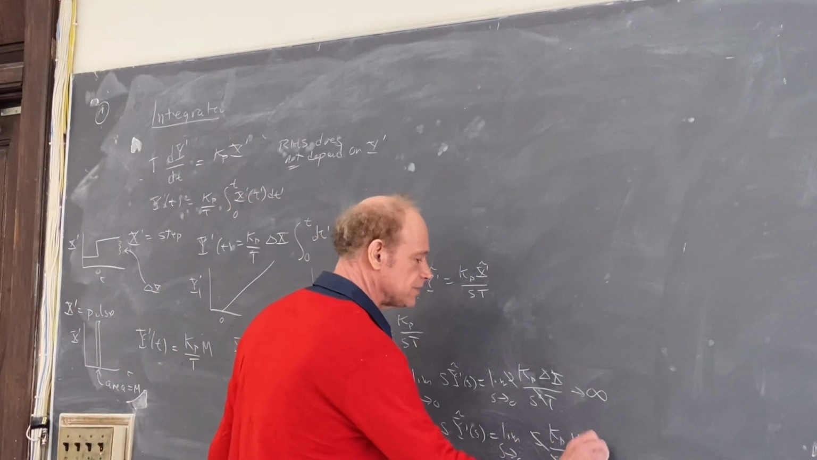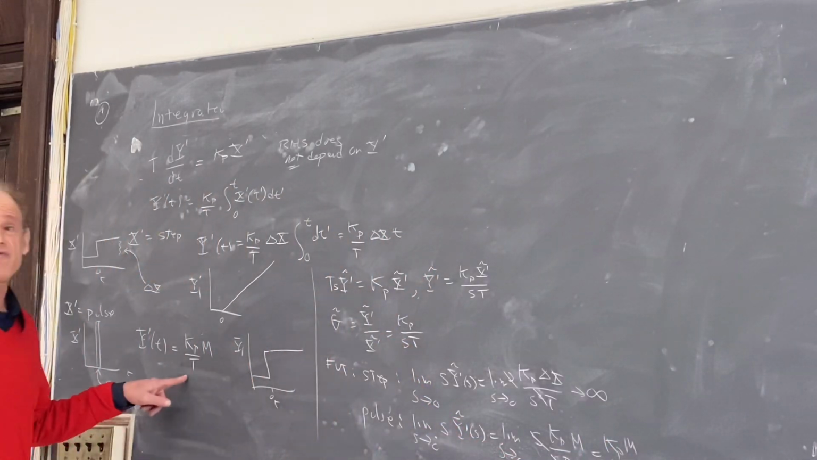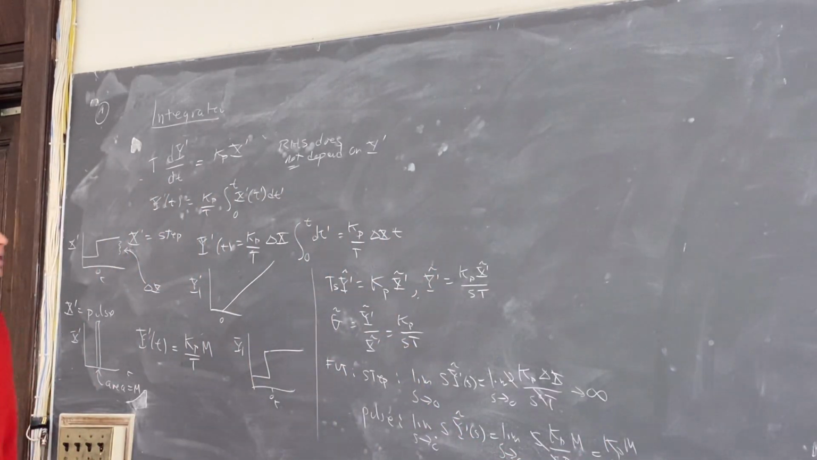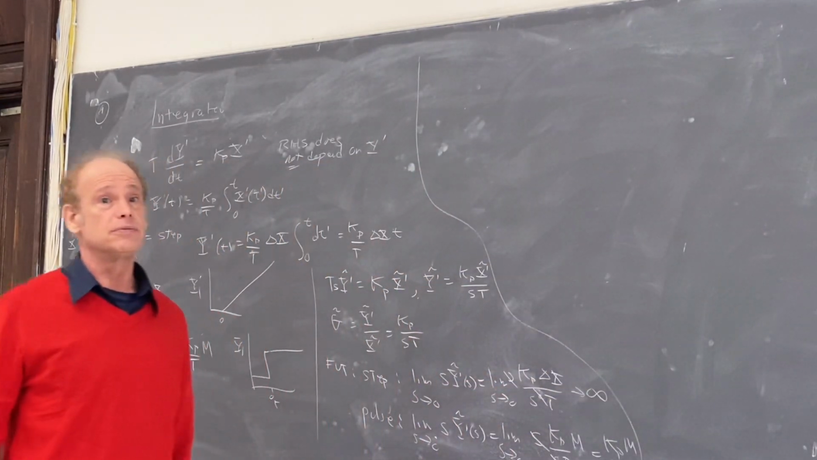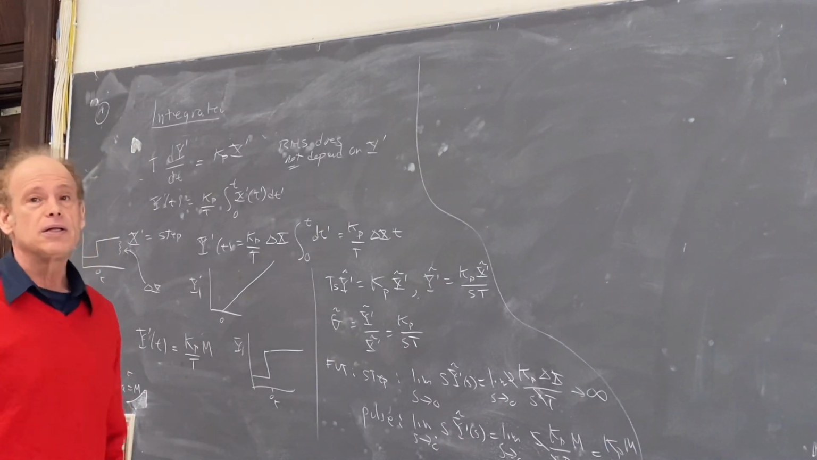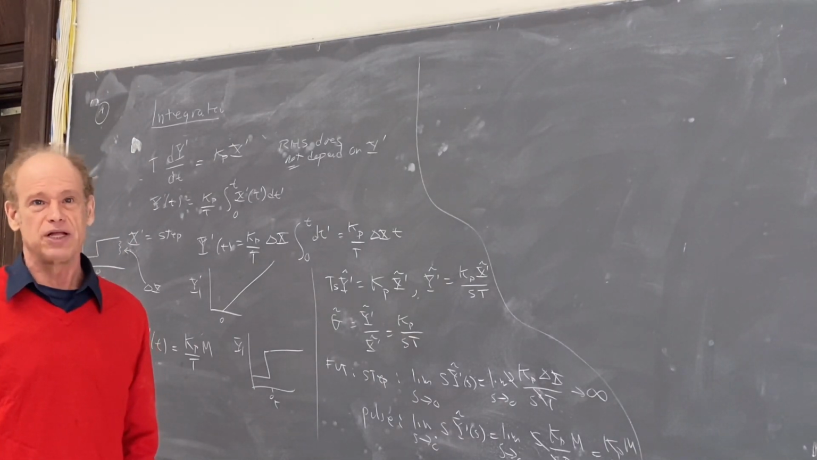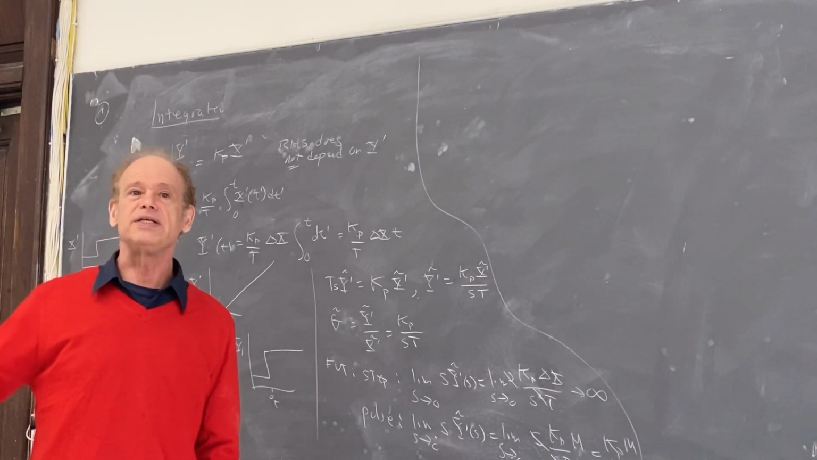The s's cancel, and this just gives me kp m over t, which is in fact what we found. How about the response to a sinusoidal input? So let's look at the response to a sinusoidal input. Well, we can't look at the response to a sinusoidal input because the assumption when we did our derivation was